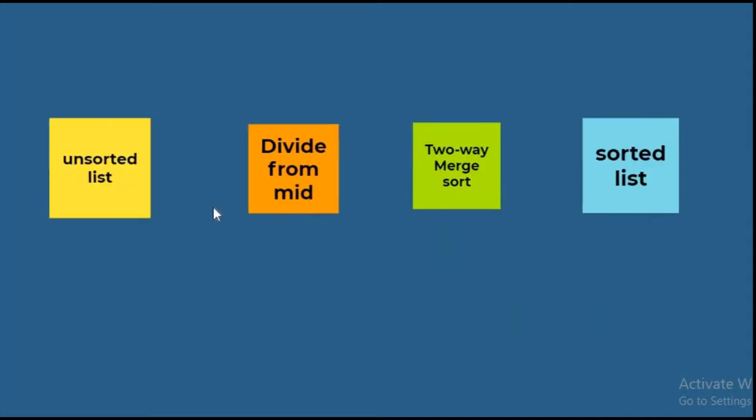So next, what is the basic technique used in merge sort? First of all, we will have an unsorted list and then we will divide this unsorted list from the middle. We go on dividing it from the middle until we have sublists or subarrays containing only a single element. So this is the divide part. We can say that merge sort is basically divided into two parts: one is dividing and the second is merging. In dividing, we go on dividing and after that we apply two-way merge on these subarrays, and finally we get the sorted list.